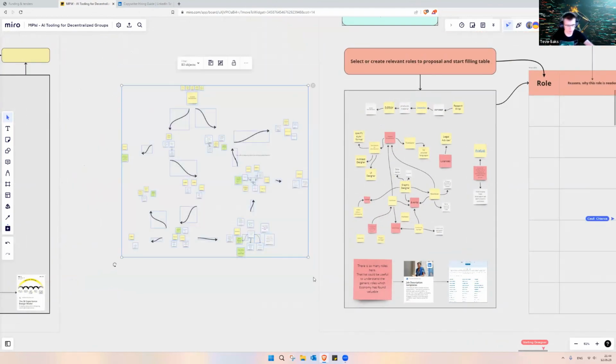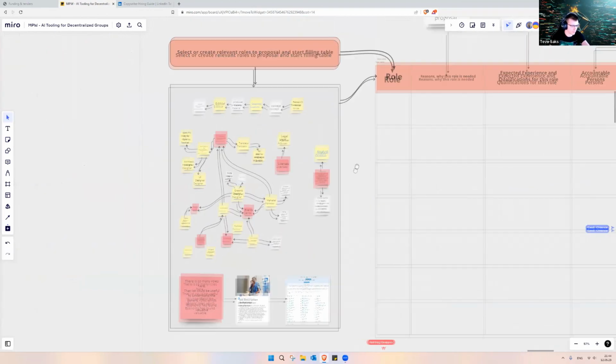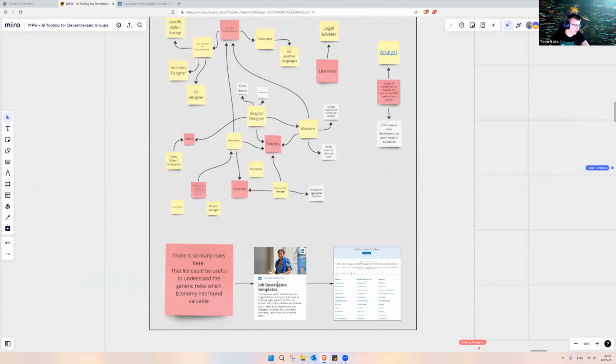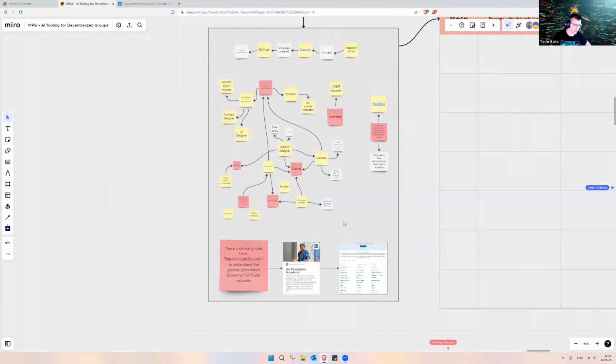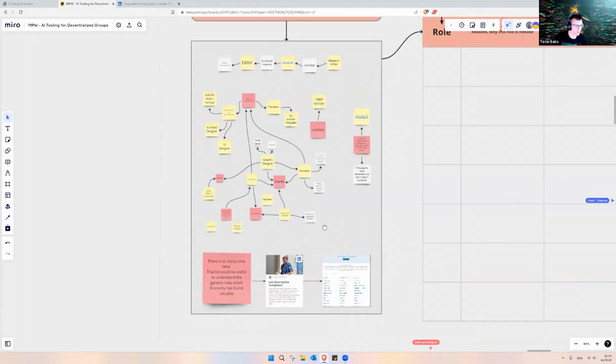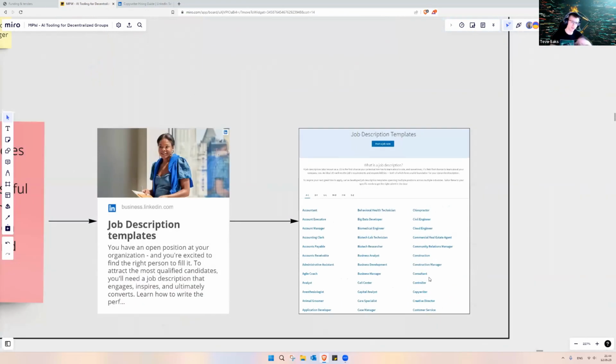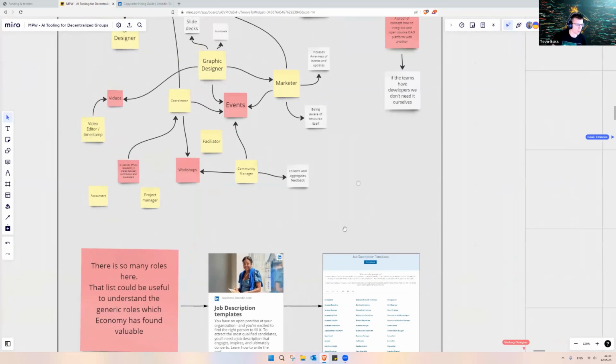So I'm going to delete this stuff, and there are also links to job description templates on LinkedIn. Do we have an even bigger list of things we could go through? If I zoom in, we have agile coach, anthropologist, animal groomer, care specialist, creative director. This is a great way to browse through the roles the world has described, and see whether any of these fit our needs.